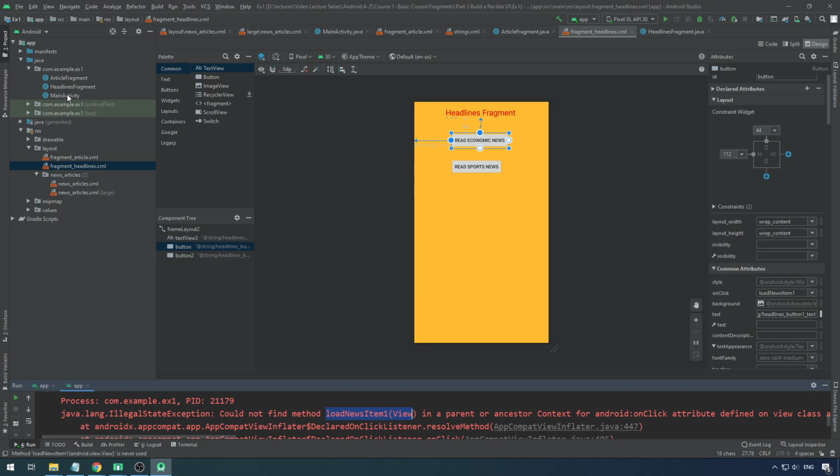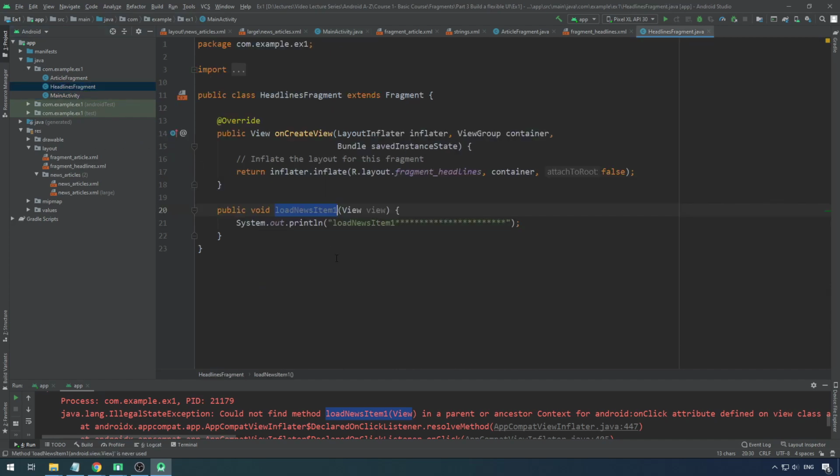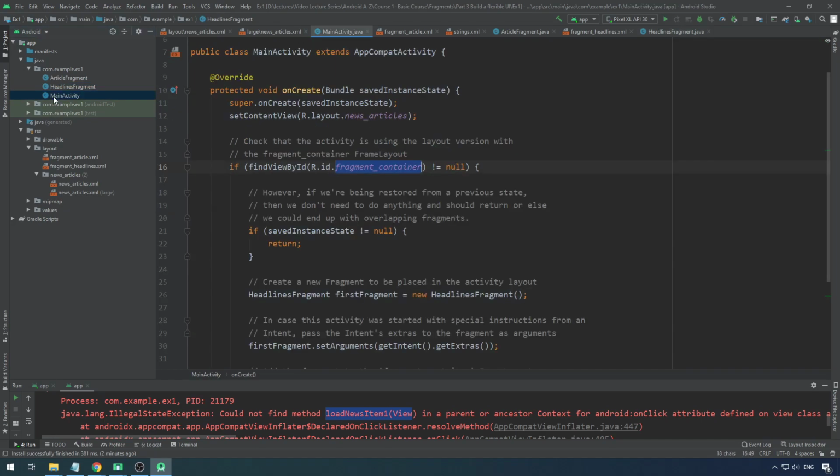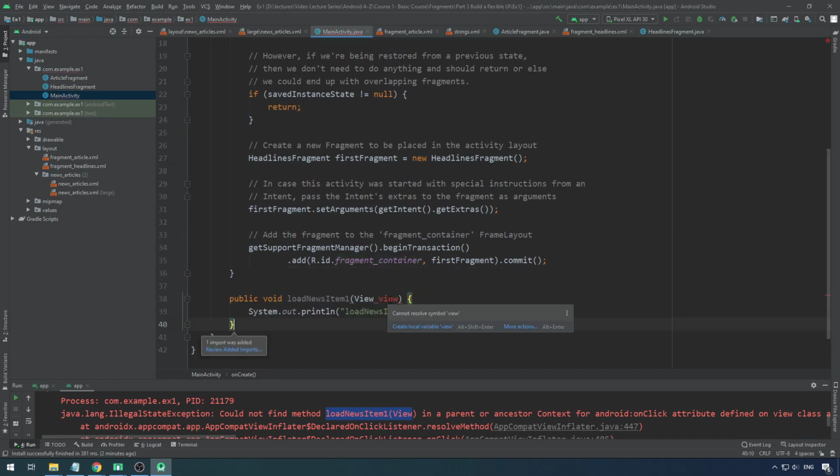The other possibility is you can straight away write it in the activity which loaded the fragment. For example, the main activity is the one which loads the fragment. So if you cut this click method from here and put it into the main activity, at the bottom, right, here,